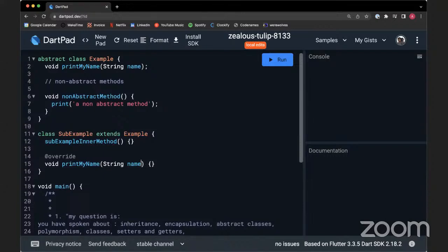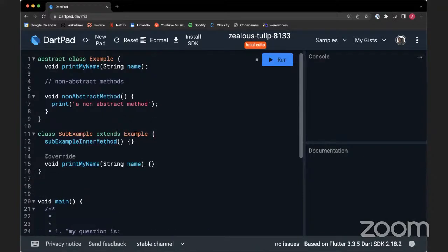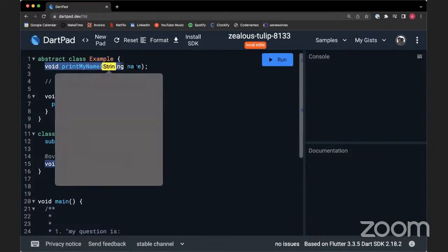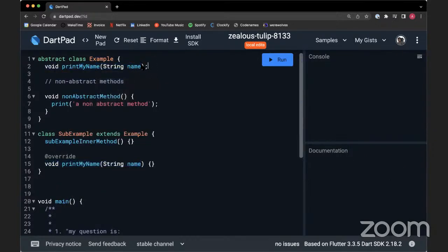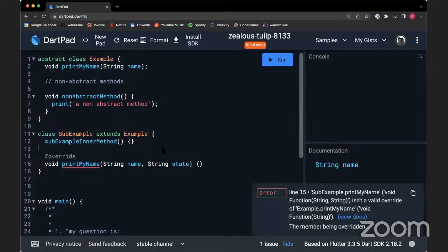So as many subclasses as you create of this parent class, when you're overriding this print my name method, you must include the arguments that come with it. If I choose to add something else, this is going to throw an error because you're expecting just one argument, as it is in the abstract class. And here I went ahead to put in 2. Hence, it's telling us that